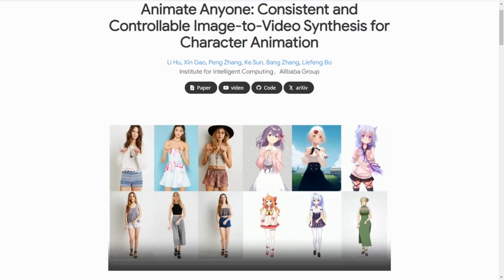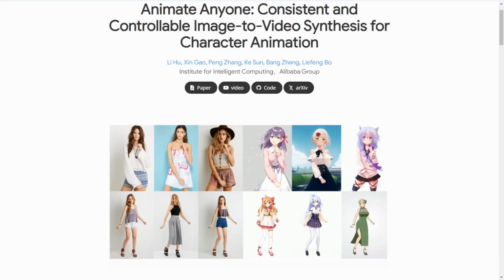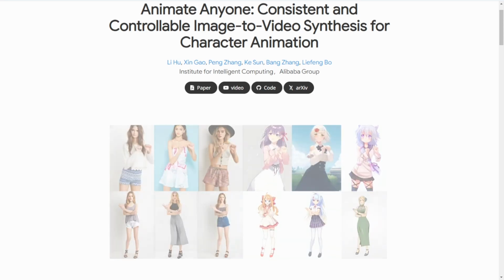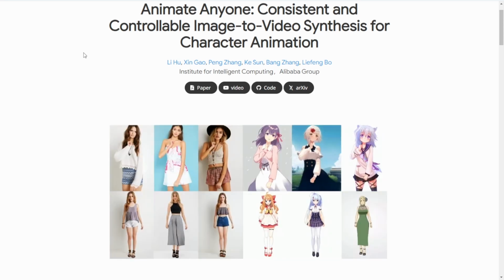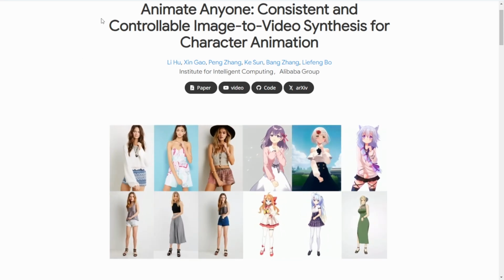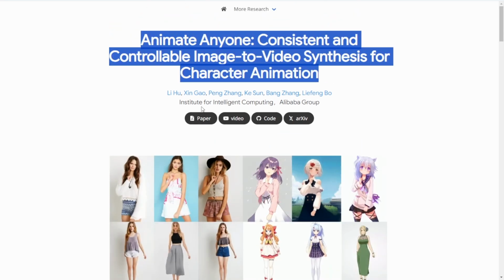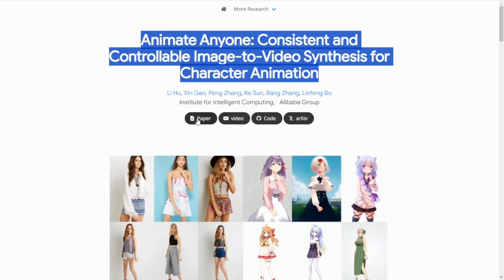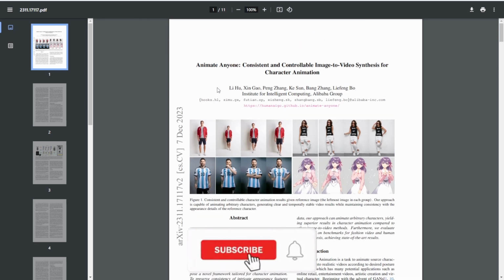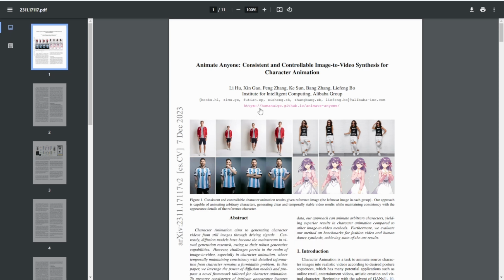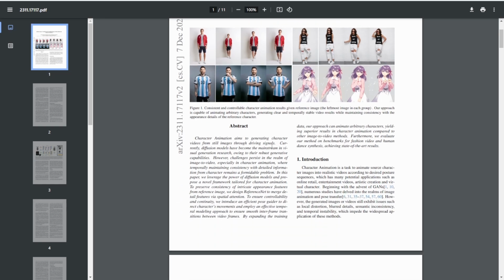Hello, everyone. So today we are going to talk about this Animate Anyone. Last month we saw lots of YouTube channels talk about this research paper that is right here. You can see more detailed information about this AI model that is based on Stable Diffusion 1.5 and creates character animations using this